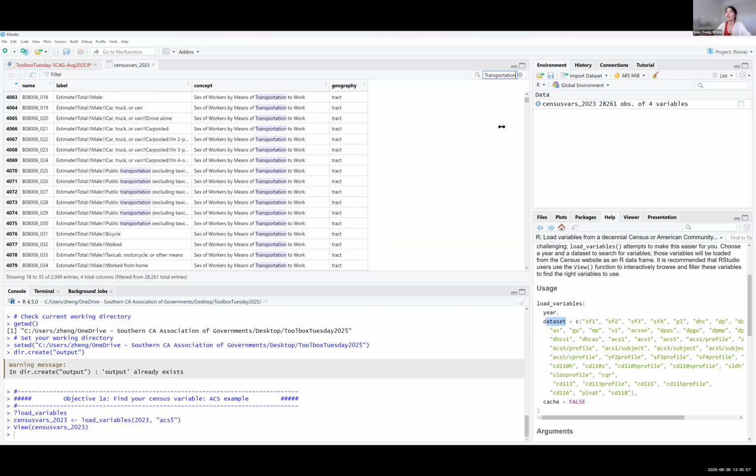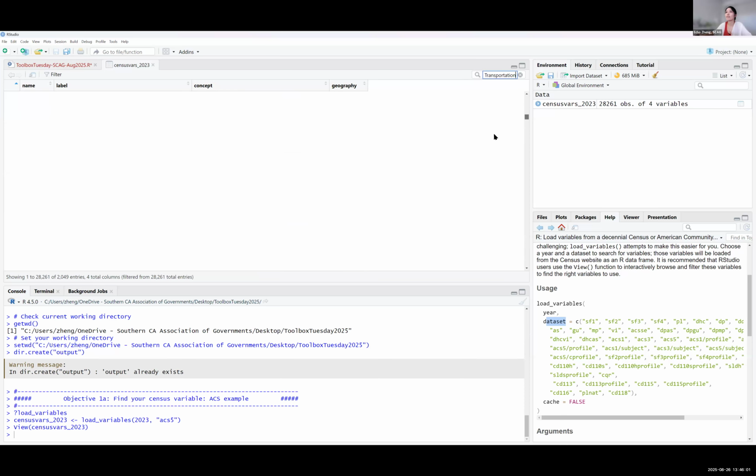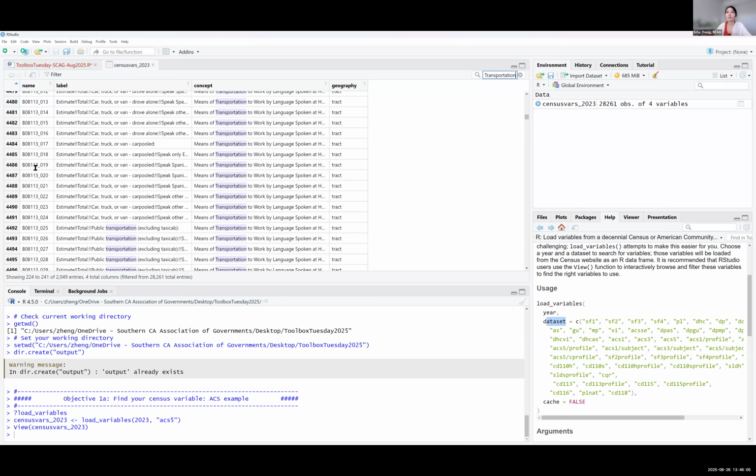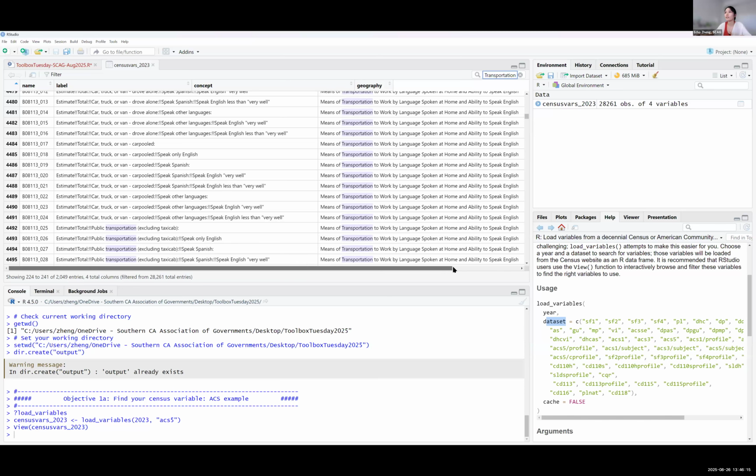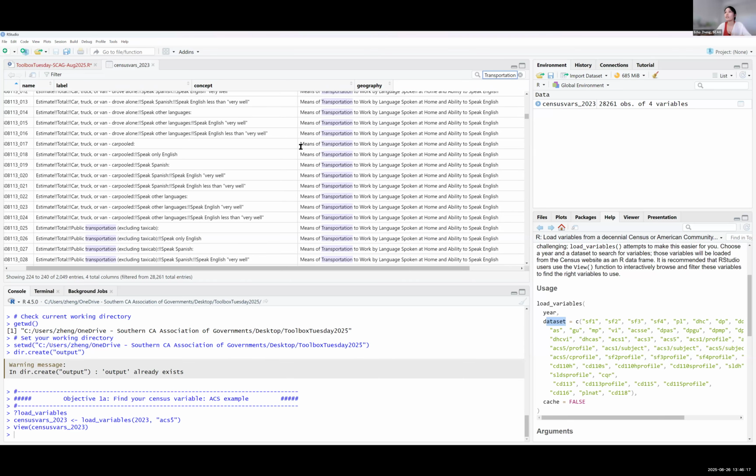You actually start with B08006, but if you scroll down, you can see there are variables from other tables that are included. So here you have B08113. So you can see this table is for means of transportation to work by language spoken at home and ability to speak English.